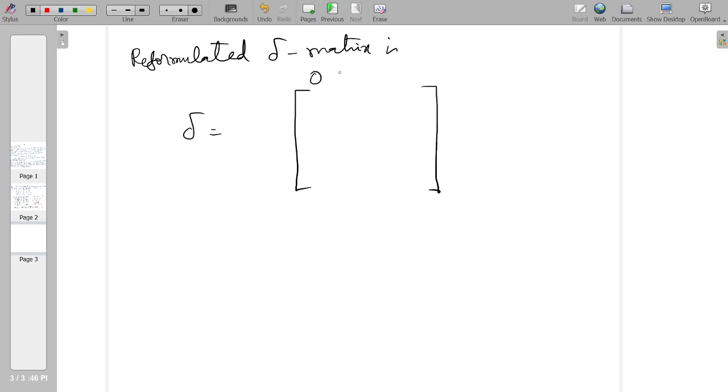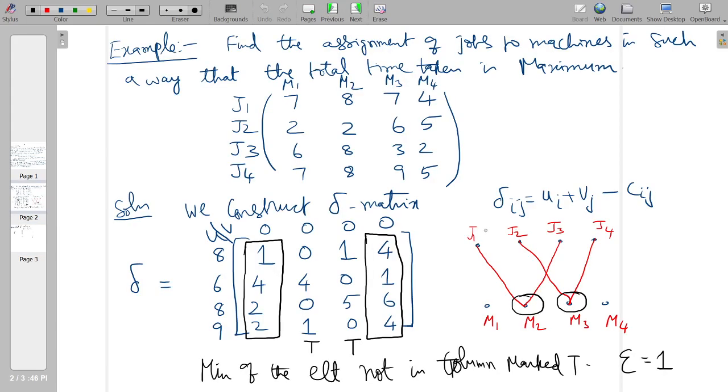so I'll have 0, 1, 1, 0, okay, and here the vertex cover can also be in the other partition, but for this problem the vertex cover is in the second partition, namely the partition where the machines lie, so I have marked T. Suppose if I have the vertex cover elements in the first partition also, I will mark R against that particular row, and here I don't have any such element, so I have not marked any R here.